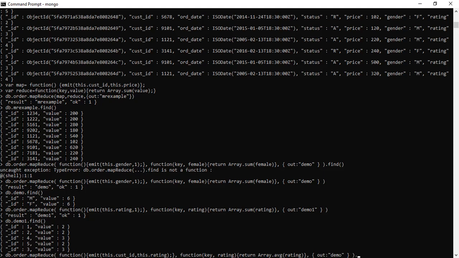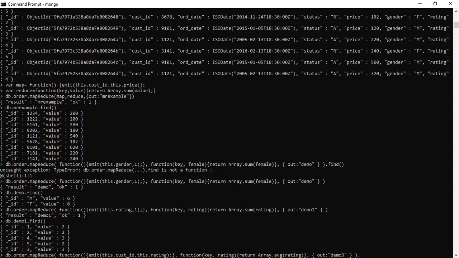Then function key comma rating, where rating is my value parameter. Return Array.avg, the aggregation function. Here we have used average, AVG, instead of summation, AVG of rating.